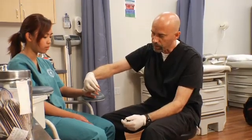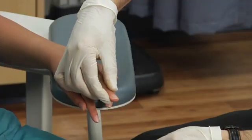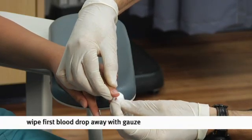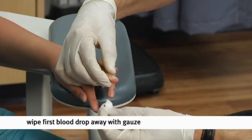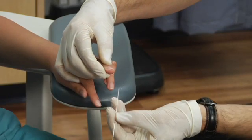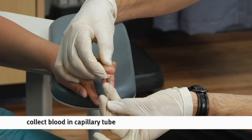Now the first drop of blood that comes from the finger, you bend your hand down a little bit, all right? We want to wipe that away because it's going to be contaminated with epithelial cells from the skin. And then we get our capillary tube ready, and it's as simple as touching the tube